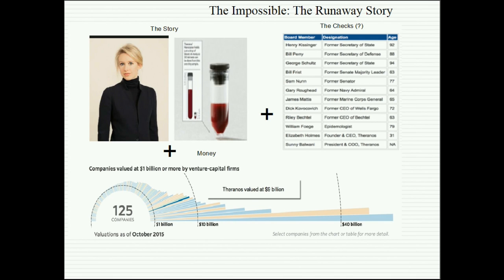Obviously, you're not the only ones who want the story to be true. She told this to venture capitalists, they wanted it to be true. They pushed up the value of the company to more than $9 billion by the middle of 2015. The Cleveland Clinic, one of the top healthcare entities in the country, decided they wanted to partner with TerraKnows because they said they found so much promise. Walgreens was talking about setting up TerraKnows labs in every Walgreens around the country. So everybody was buying into the story.